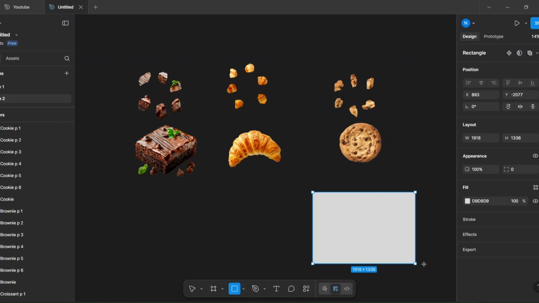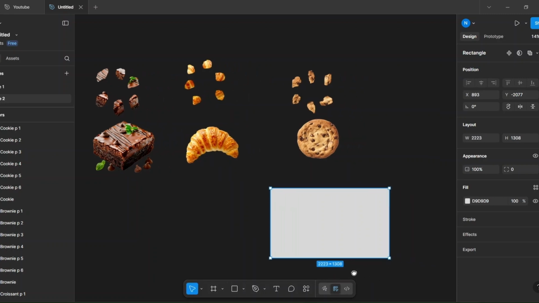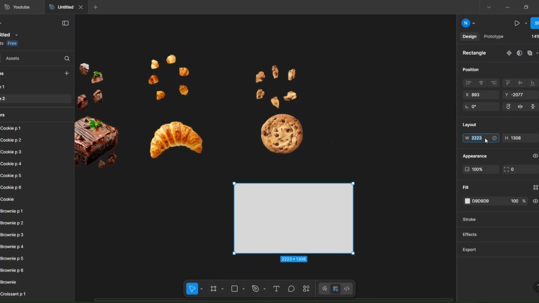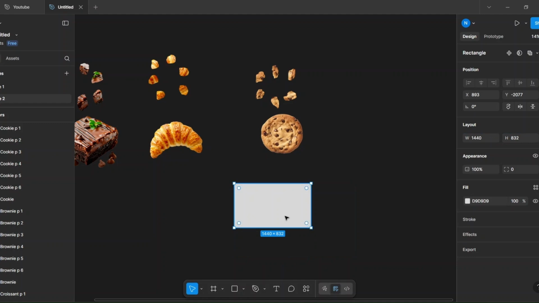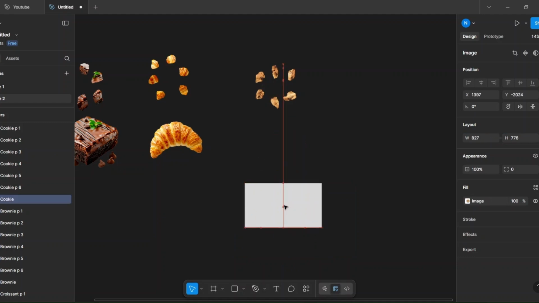Now take a rectangle and place the main cookie image on the top.